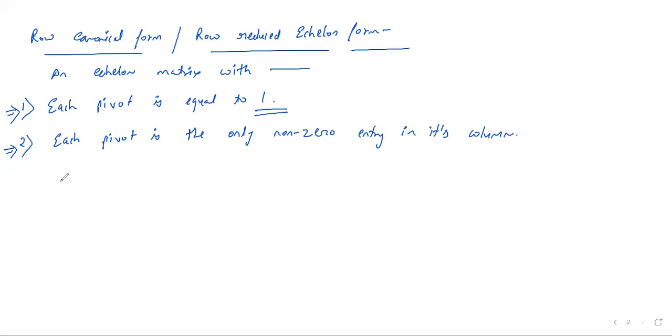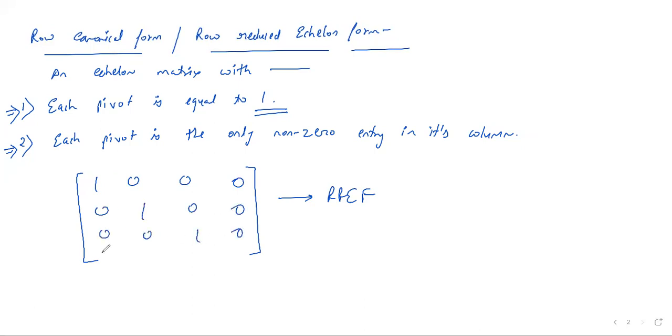If we look into the row canonical matrix, the row reduced echelon form matrix, it looks something like this. You can take the identity matrix, which basically satisfies these conditions. You can see that I have these as my pivot elements, and all these pivot elements are one. Each pivot is the only non-zero entry in its column. This is the column, and this is the only non-zero entry here, and similarly here,